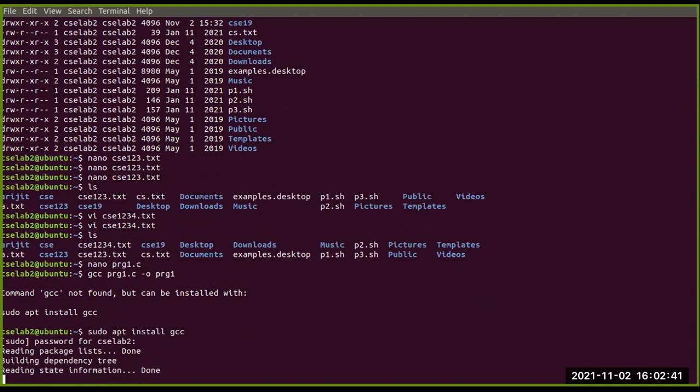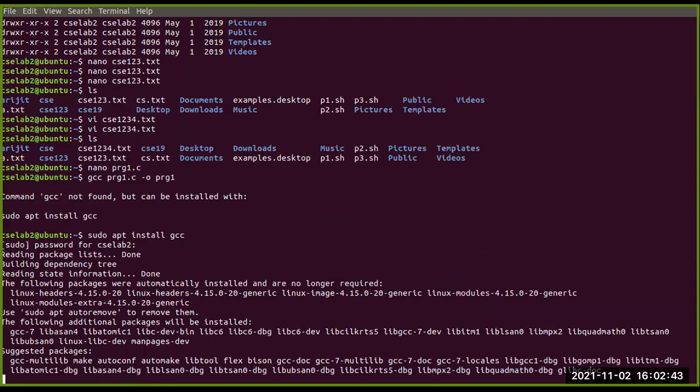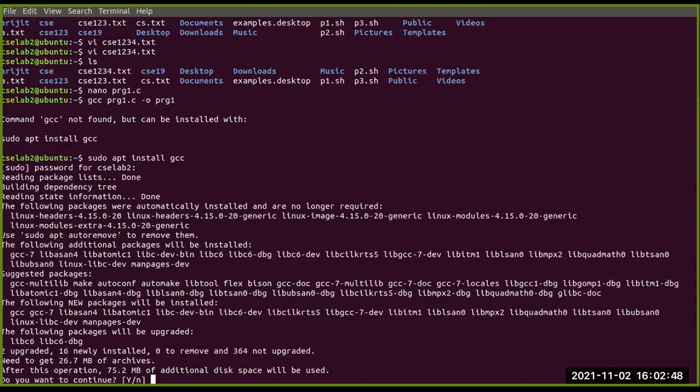Now I have entered the password. One thing to notice is that while I am typing the password, it is not showing anything at all.